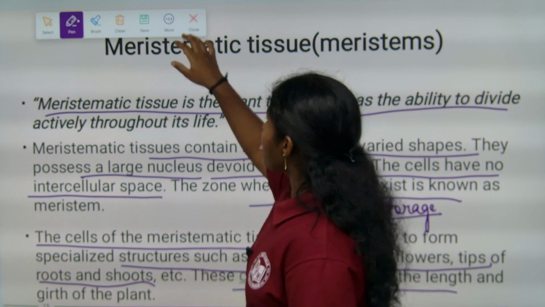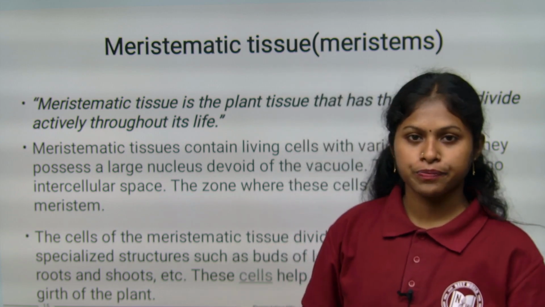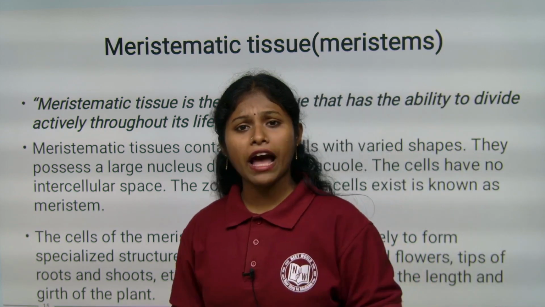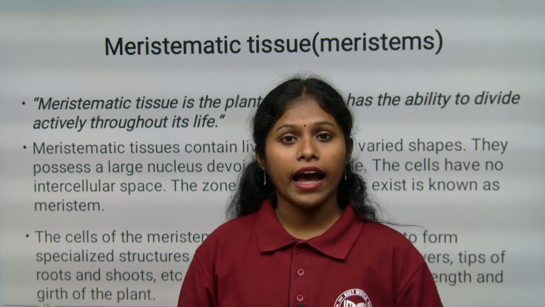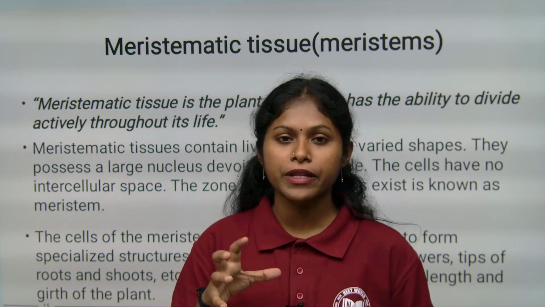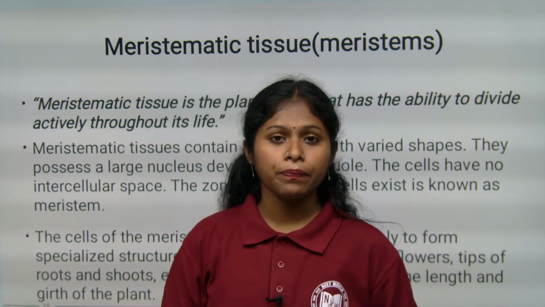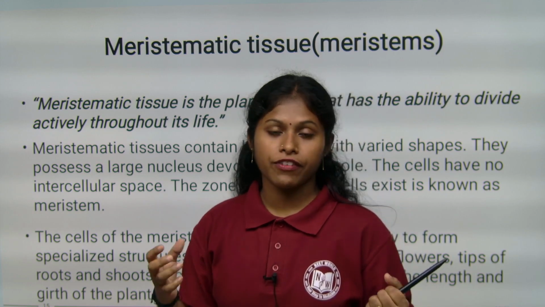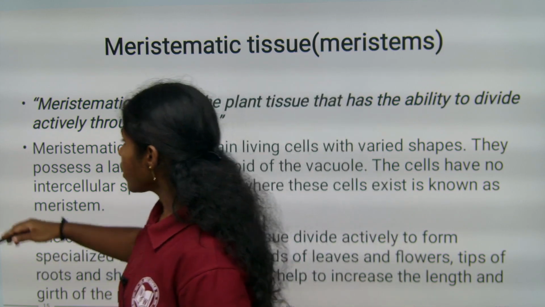When this meristematic tissue loses the ability to divide, it becomes a permanent tissue, right? That permanent tissue has a specific role, a specific structure, a specific function, and a specific size. But the meristematic tissue doesn't have any specific function. So these are actively dividing cells. Coming to the next,